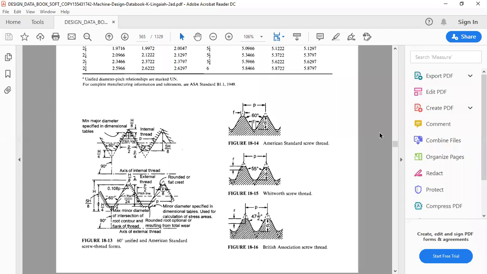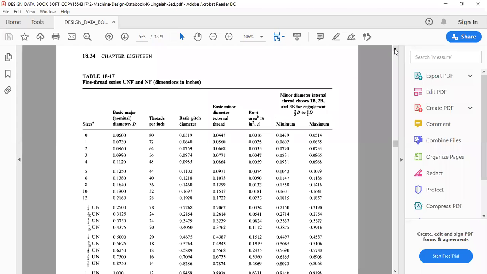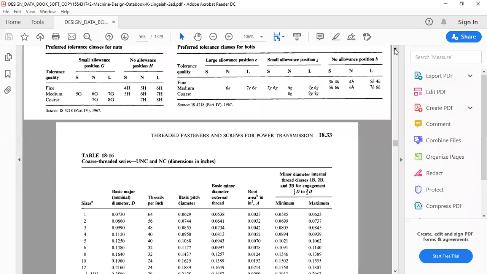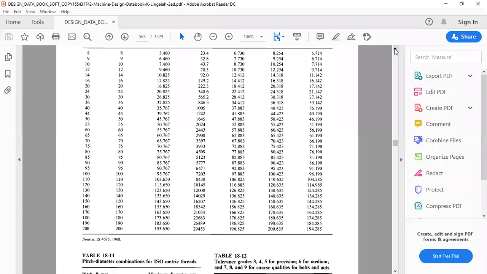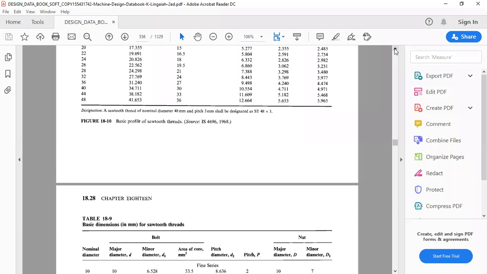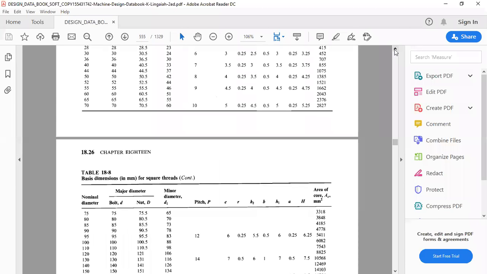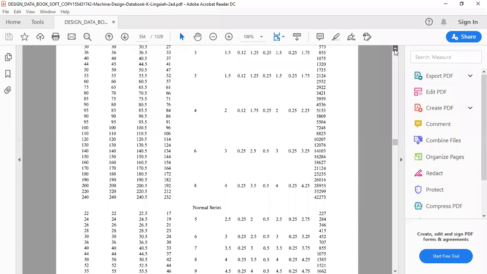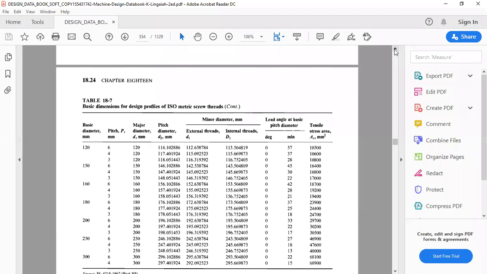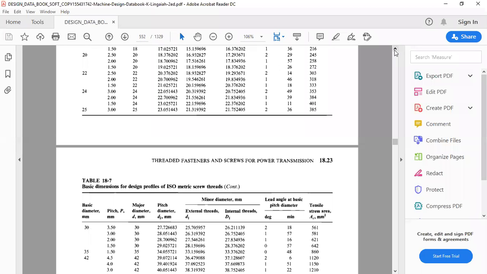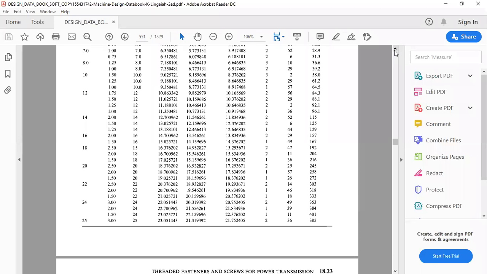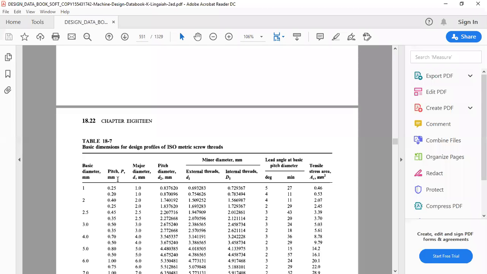So I will just go to table number 18.7 here. Similarly, we go with the external threads. So spot 2. This is for square thread, and here comes our area. Usually it will be on the first page itself, that is page 1822, because we don't have heavy bolts being used there.